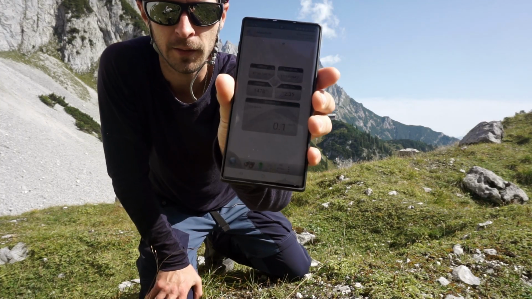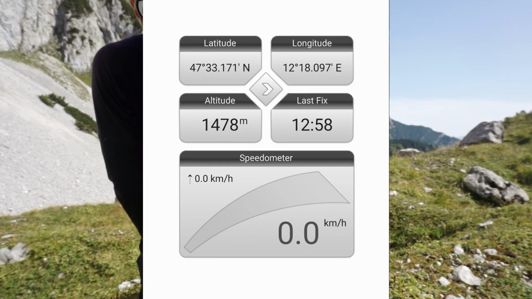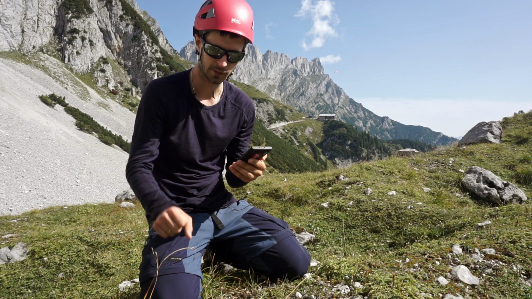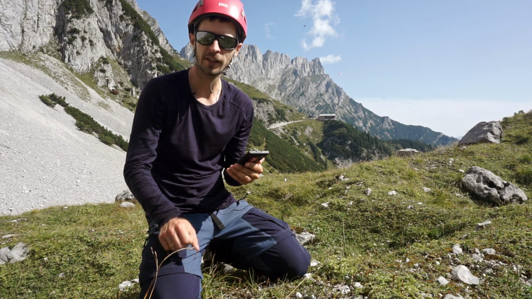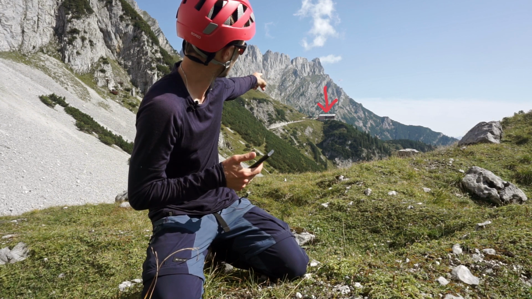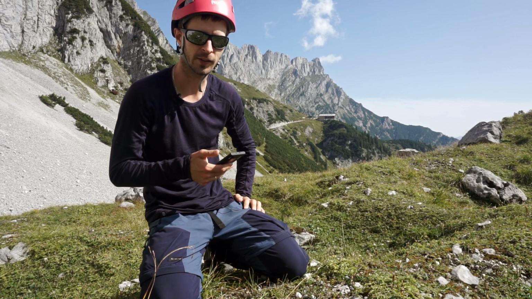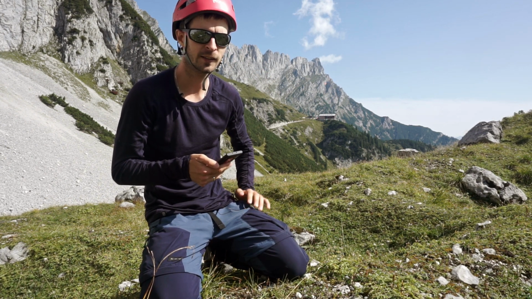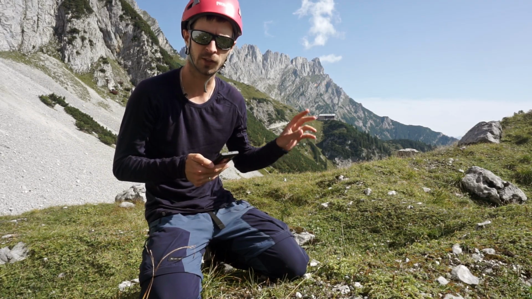So maybe now you can see that it's 1400 something meters. Is this altitude correct? Well, it's a question that I already can say it's wrong, because I know that the Hutte that I can see there, the mountain shelter, it's on 1610 meters, because that's the altitude that was written on it.